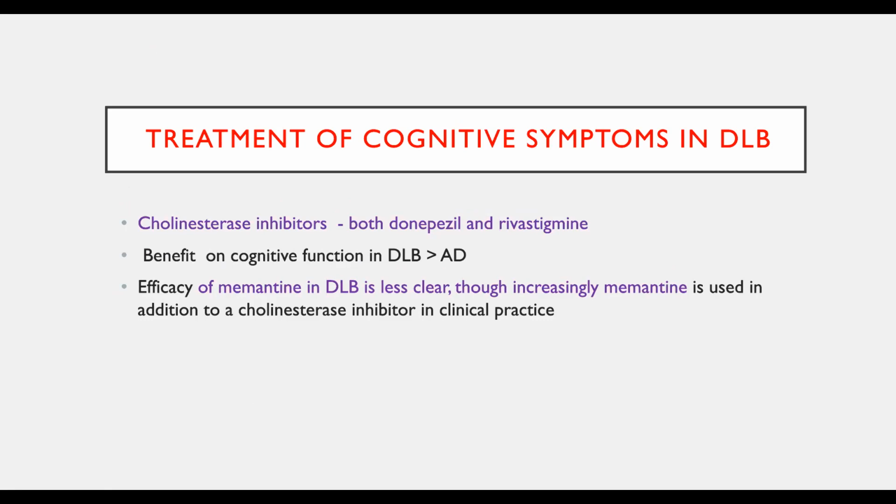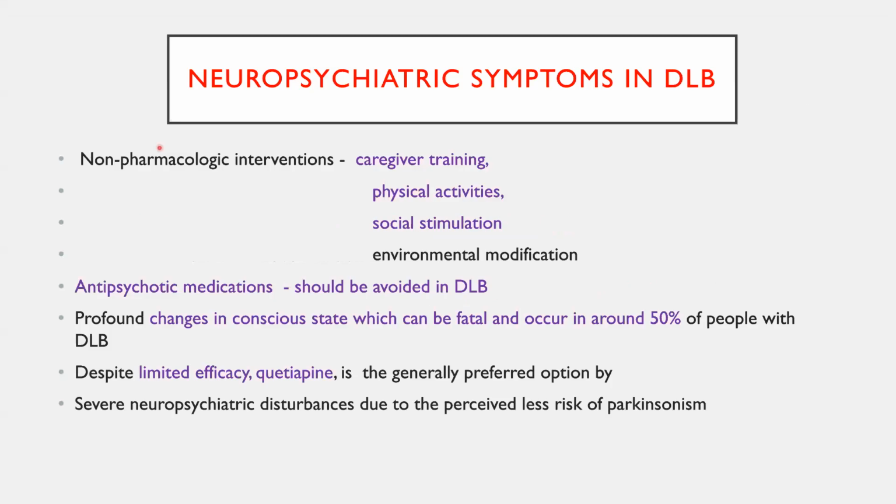In a case of Lewy body dementia, better would be a cholinesterase inhibitor like donepezil or rivastigmine. Better you avoid levodopa, because in Lewy body dementia, the predominant clinical symptom would be psychosis. Again, if you give levodopa, that will worsen it. Better avoid dopa supplementation in this setting. So predominantly non-pharmacological interventions like physiotherapy and caregiver training. Antipsychotics again should not be given. If very severe, quetiapine can be given at a lower dose.